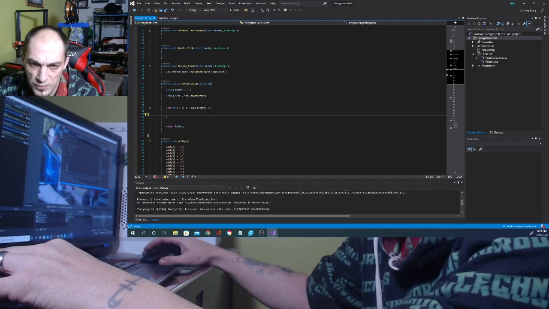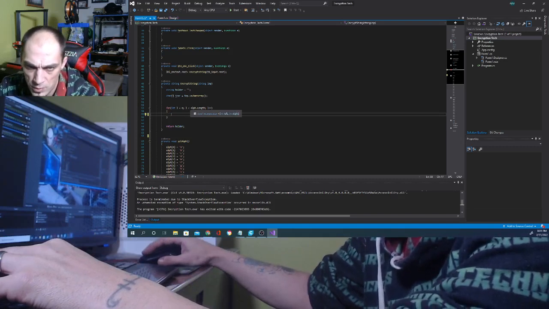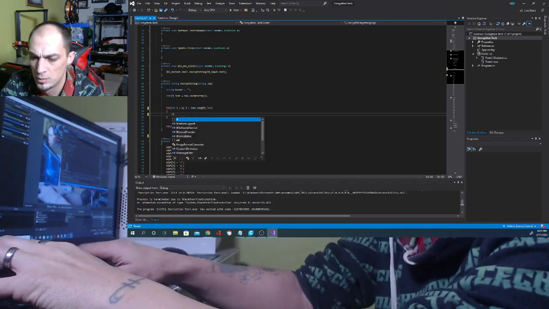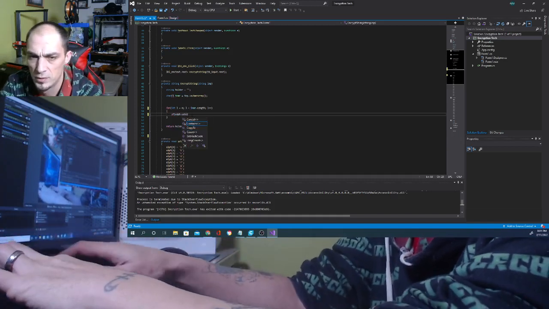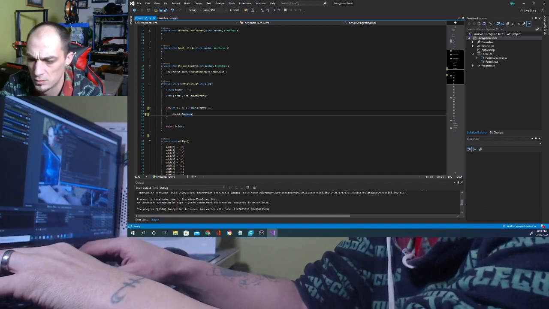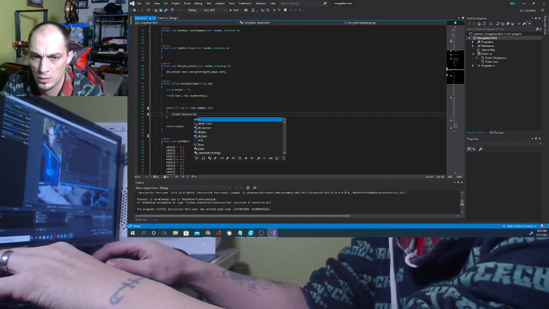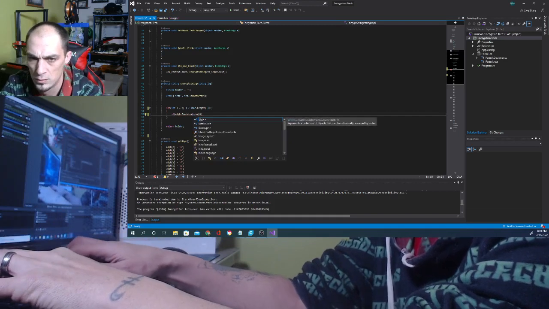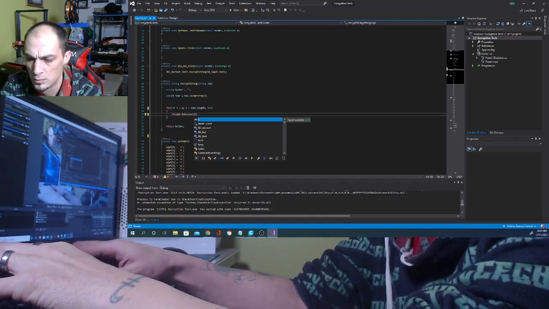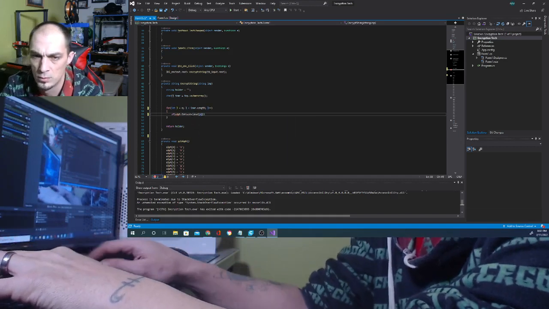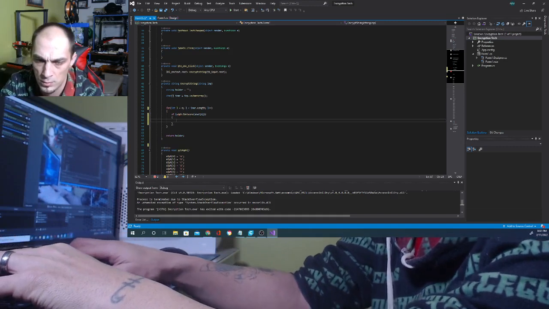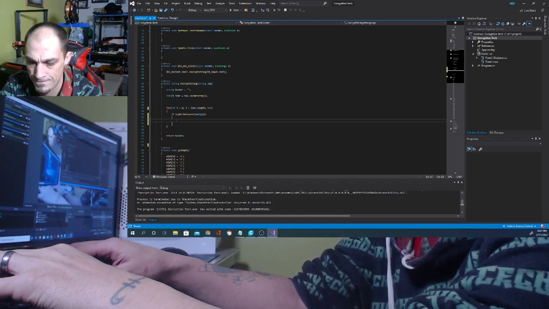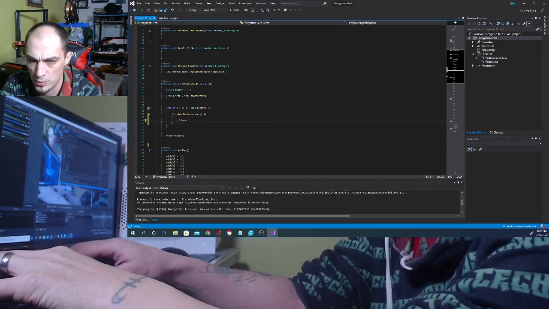So, for measure L in our length, if alf dot contains L. Folder plus equals